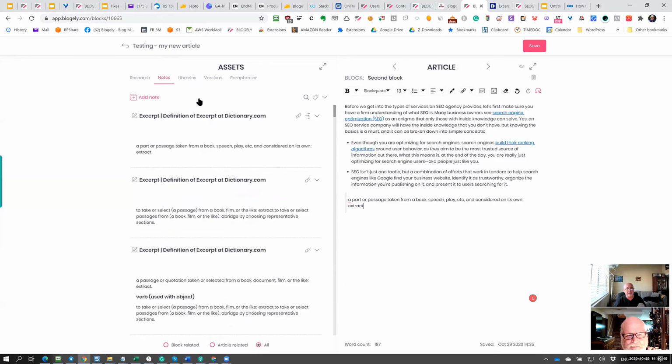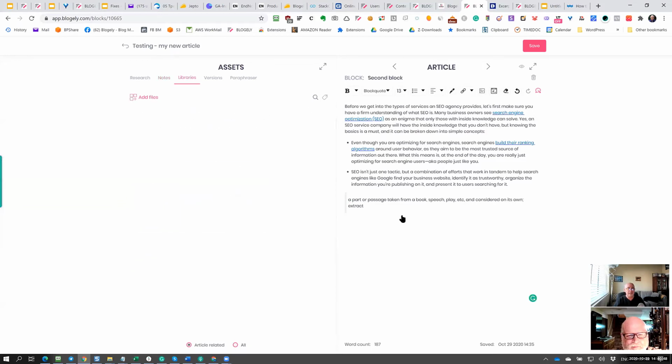So notes are fine. Now we have the library. The library is important because we always deal with images. What's important in the content? Your text and the images that you use. How many times do you remember that you saved some image you wanted to reuse? How many times have you dug through your folders? So many. Sometimes I can't even find where I left that image.